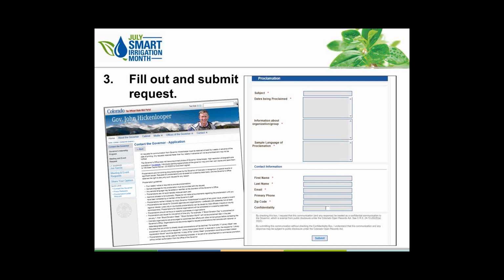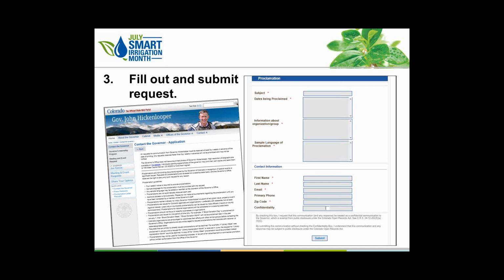In Colorado, it was as simple for us as going out to the Colorado State website, and we found a button that said apply for proclamations, and this is what we got. The screen here is showing exactly what we looked at when we first went on to apply, and it goes through step-by-step. It has the proclamation guidelines and what you need to do, and so what we did was go into this form that they make available online